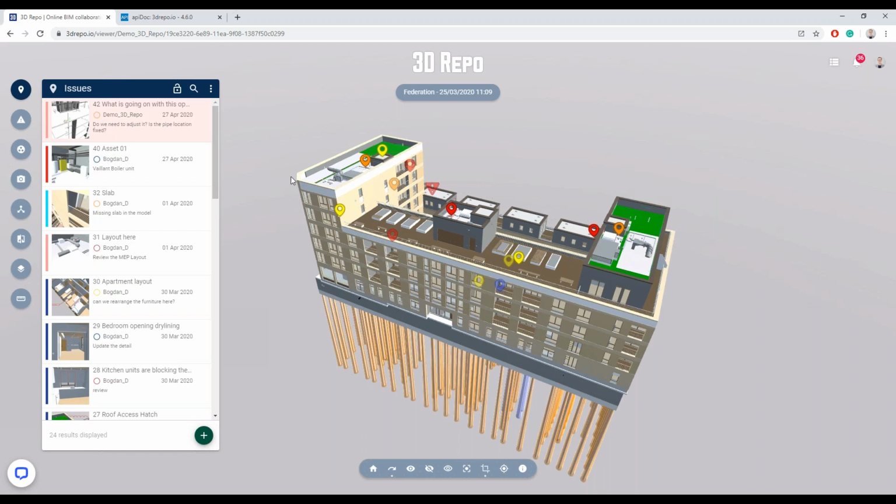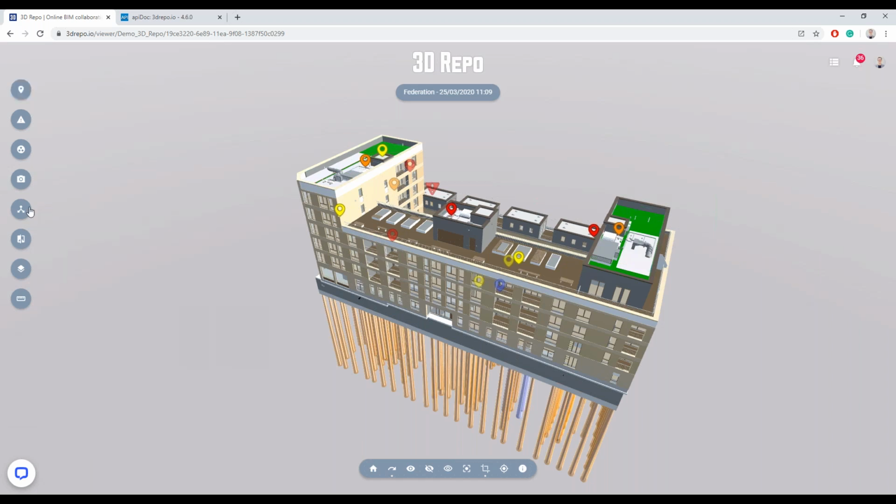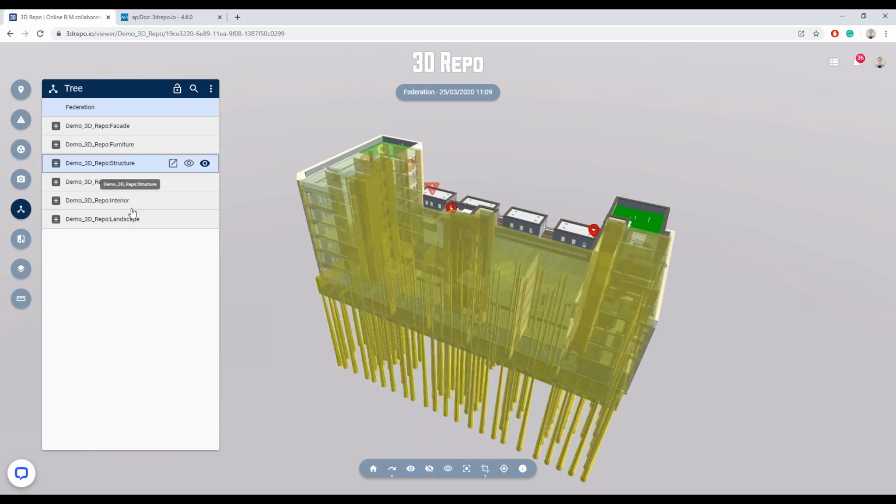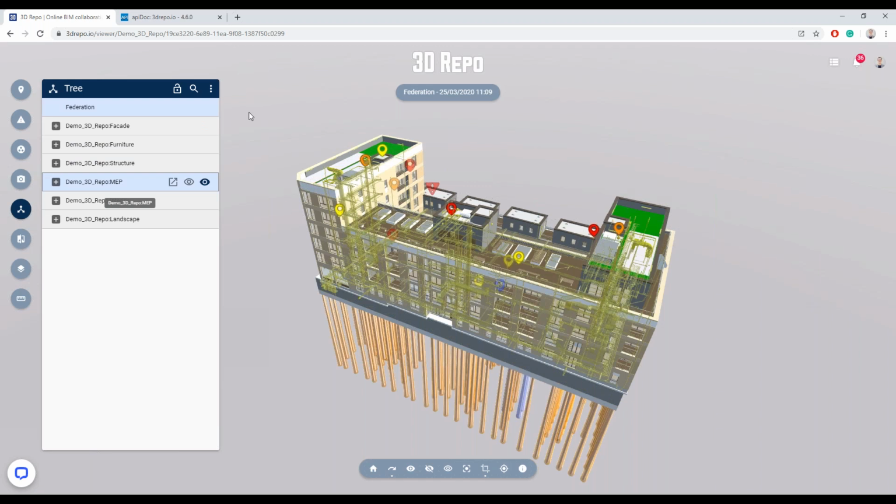And as you can notice, for instance, here we're federating quite a big model. We're bringing in different disciplines into one space. We have facade models, we have furniture models, we have structure, we have interior, MEP. So it's quite nice. And what's really nice is that we support many file formats. We can natively import Revit, IFC, FBX, OBJ, DGN, so people can upload it directly on the web browser, or they can use Navisworks plugin to push their Navisworks federations directly to 3D Repo. So for instance, if you're working in Revit and you have another discipline working in Bentley product suite, it doesn't stop you from collaborating. You can federate it all in one place here and then